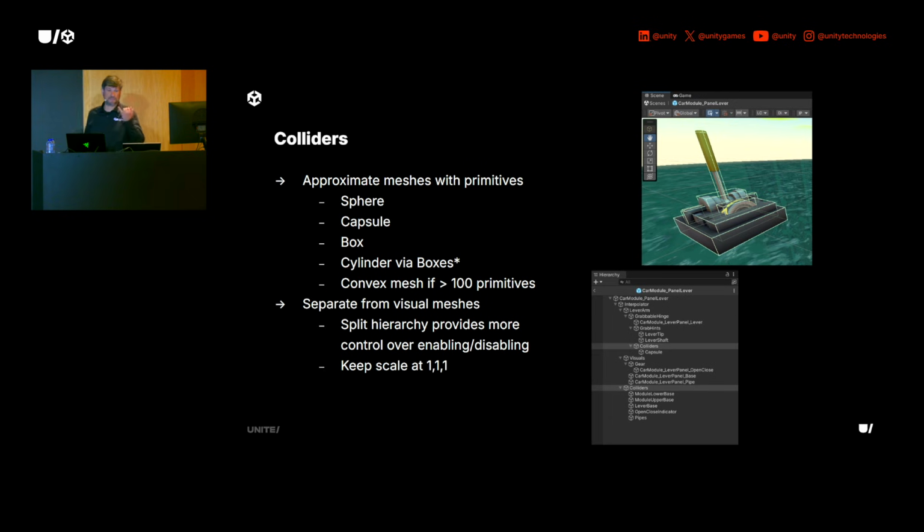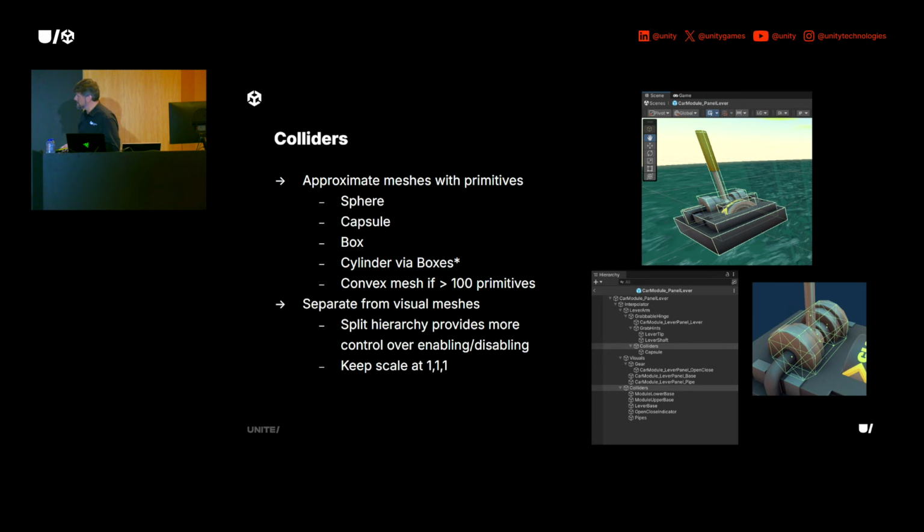Sphere colliders are fastest, followed by capsule, then box colliders. PhysX can calculate collisions with these types super quickly just using some simple math. If you need to do a cylinder, like we're showing in this bottom right one, then it's best to approximate it using a few boxes that are just rotated on the same axis, so you can kind of get an